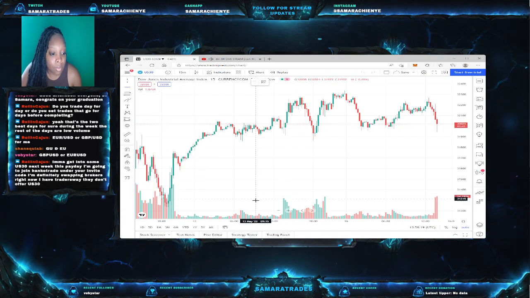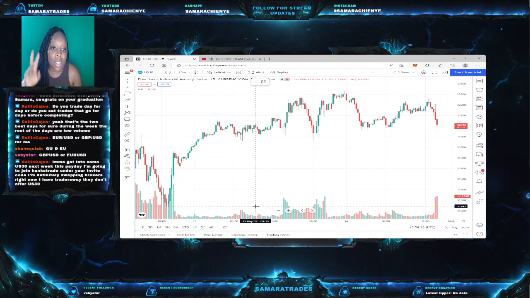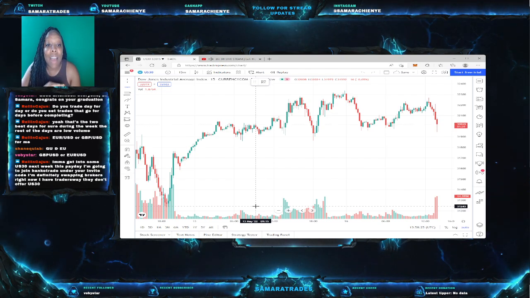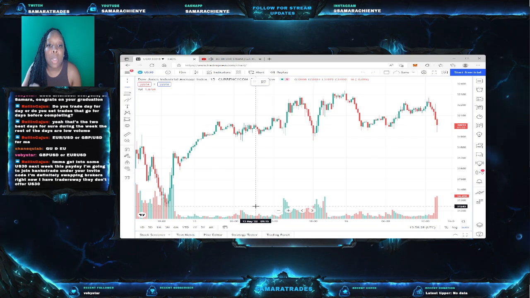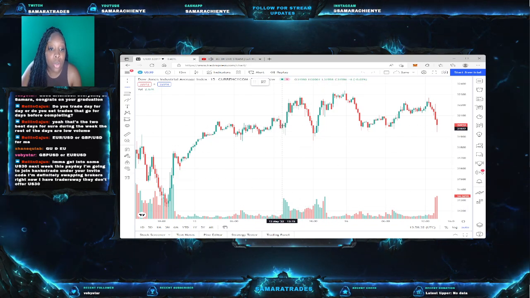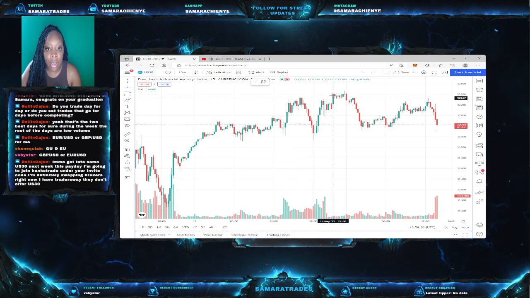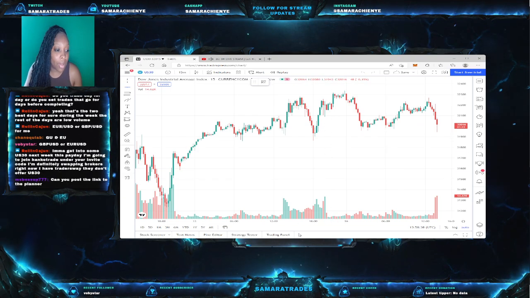All right. So again, I'm looking for my flat tops, flat bottoms. I'm looking for my same wicks at the top, same wicks at the bottom. It does not have to be identical. And then I'm looking for my harami. Harami is basically your shorter candle with your big candle. So if you see your shorter candle here and your big candle right here, that's your harami, okay?